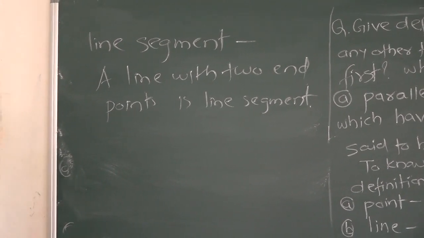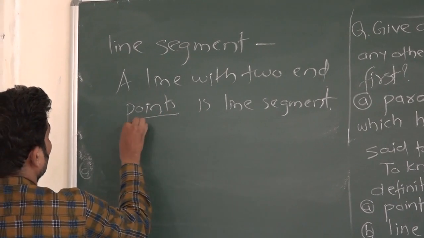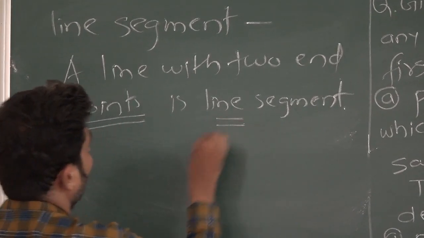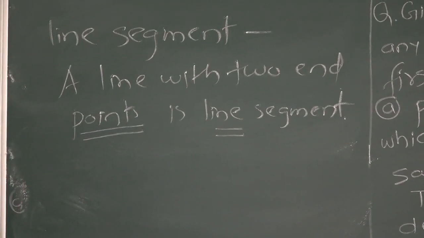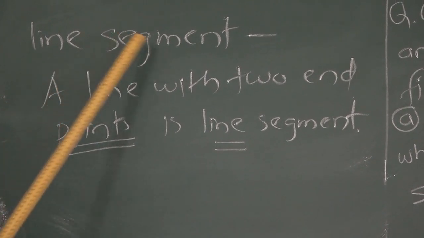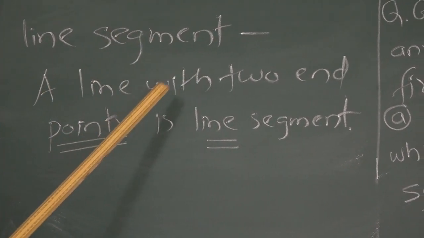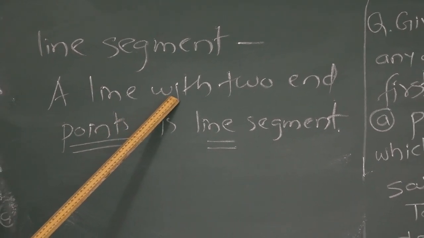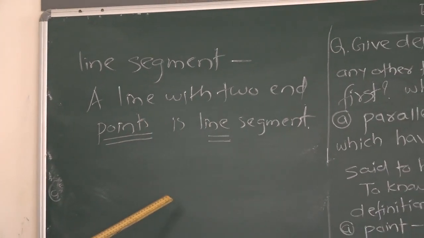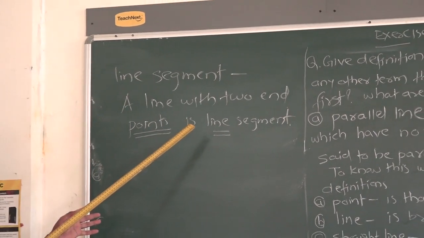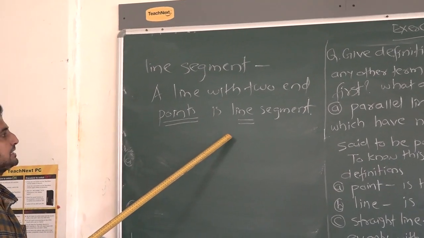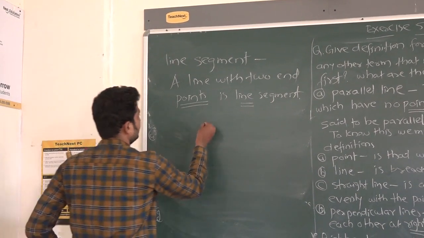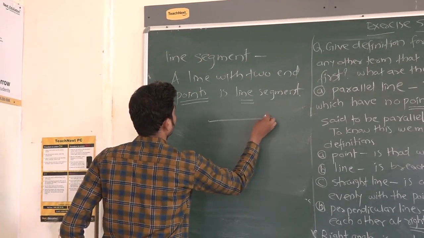Now, again, dear students, there are two more definitions, that is point and line. So, before knowing line segment, what is line segment? A line segment is a line with two endpoints. Okay, it is nothing but a line with two endpoints, that is a line segment. Means if we have